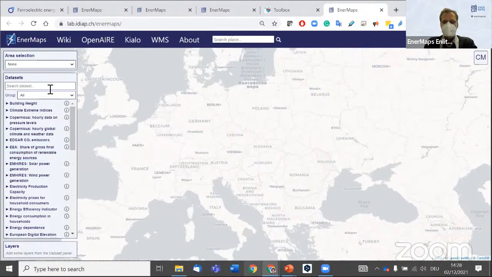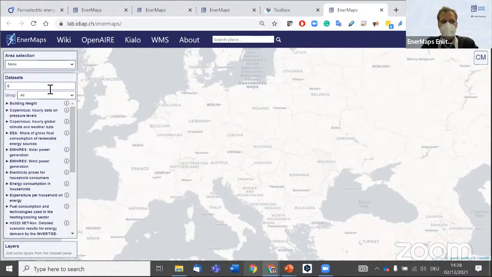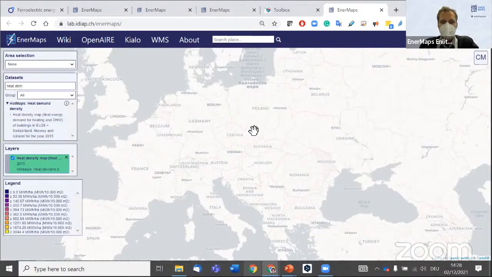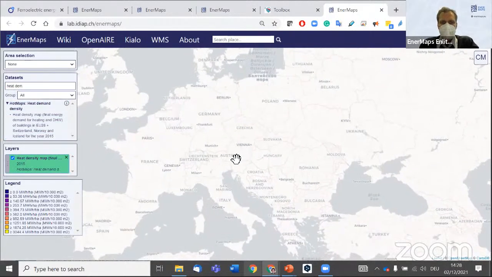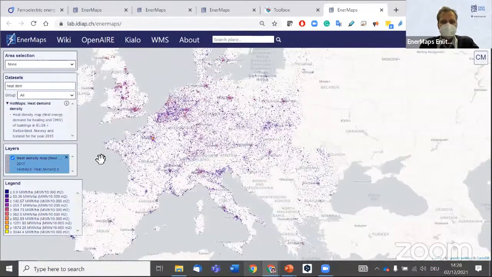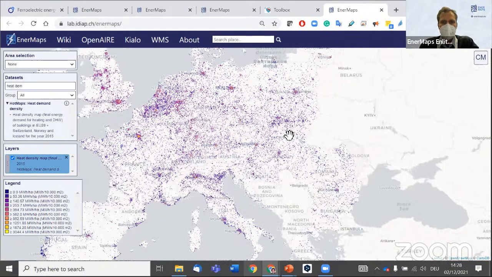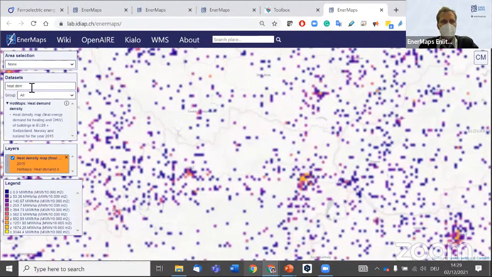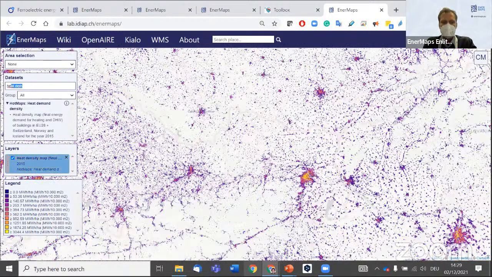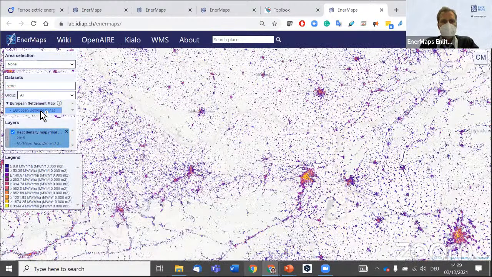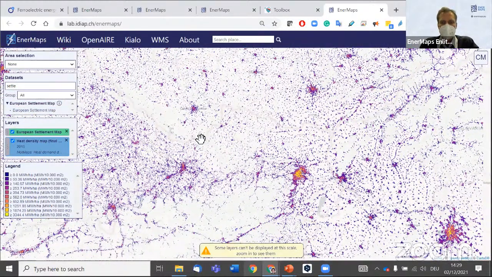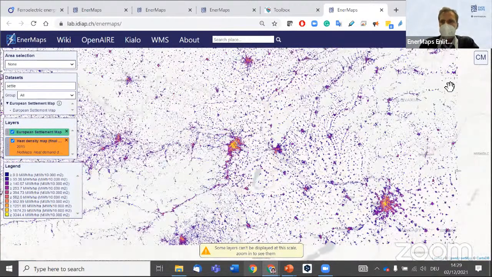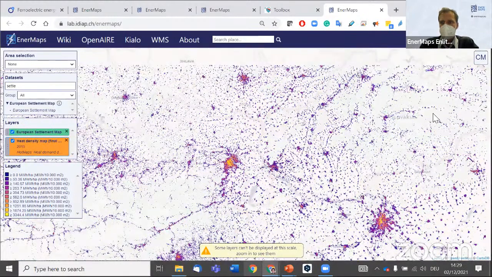And here you can then also search within the data sets. So for example, the heat demand map, you can here have a heat demand map. So it's now loading. Actually, it's also a heat demand density map for Europe, an estimated heat demand map, or you can also have, for example, the European settlement map. So you can also select this one. You can also select the zone, and then you have up here the calculation modules.